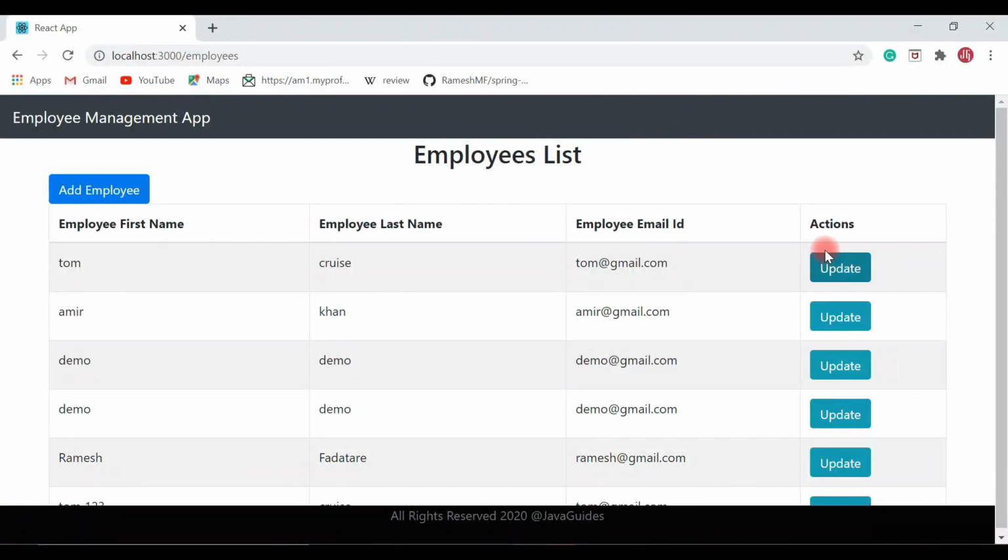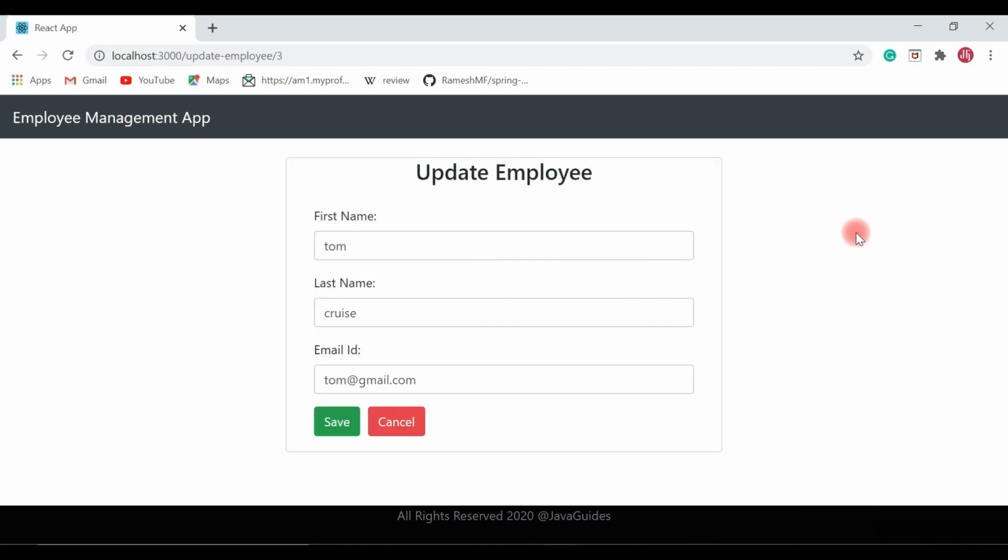In the previous video we added an update button over here. When I click on the update button, it makes a REST API call to get an employee object by ID, and that object will be populated in the form for editing. Alright, in this video we will make a REST API call to send the updated employee form data, and the REST API internally stores this updated employee data into the MySQL database.